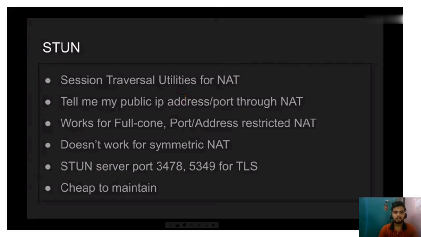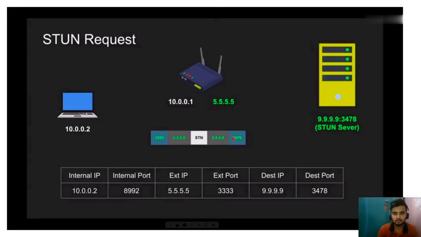It basically gets a request from us, packs the data of our external IP and external port, and sends this back to us. STUN servers are often cheap to maintain, so we can find a lot of free STUN servers on the web. So how a STUN server works is, we will send a request